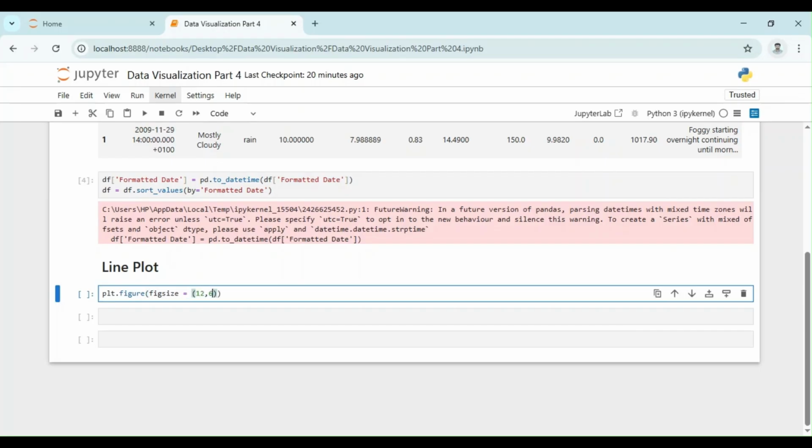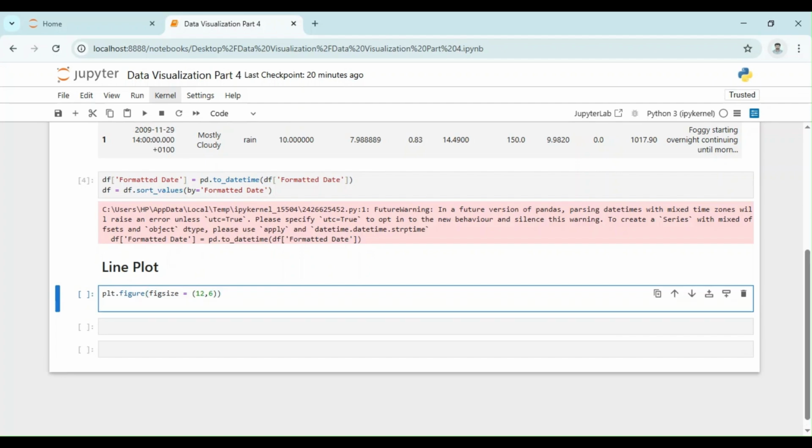Here I define the figure size. Now to create a line plot, we need three components: a dataset containing time series data, a clearly defined x-axis that represents the time component, and a y-axis that represents the numerical value we want to analyze. A line plot helps in identifying trends, seasonal patterns, and fluctuation over a period. So in this case, we will be plotting temperature changes over time using the